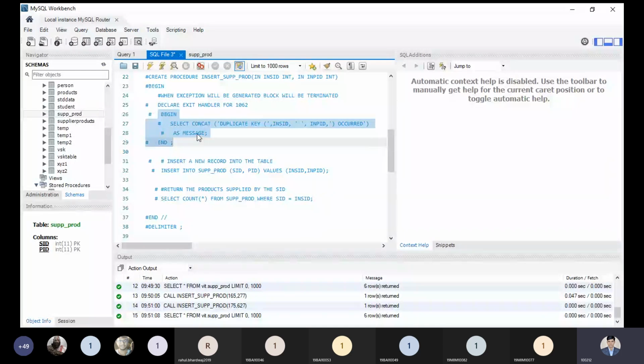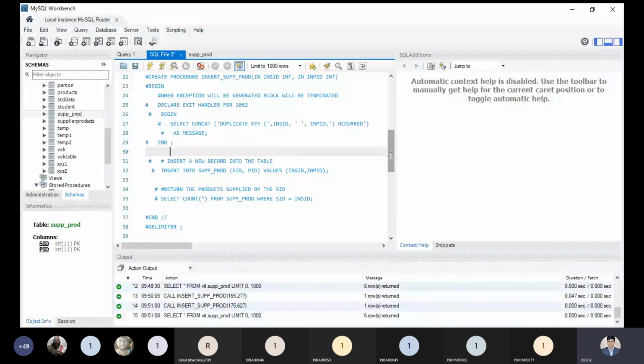When the exception is generated, it will be caught. The handler will handle the exception and display the message, duplicate key, whatever value we have inserted. After displaying, the block will be terminated automatically, so the rest of the code ahead of this will not execute. So this is a block which is used to generate an exception.